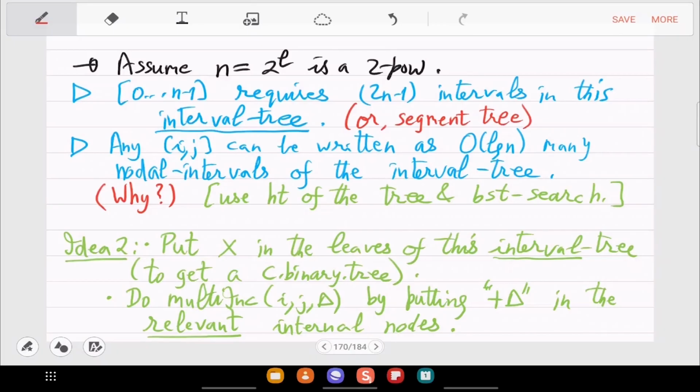We can store information about, for example, what increment happened. So we can store it in the blue, and whenever a multi-increment happens, you don't have to scan linearly. You can just go in log n steps to the internal node and there put a single increment. And then reporting was easy, right?